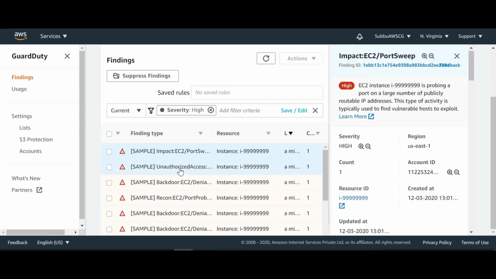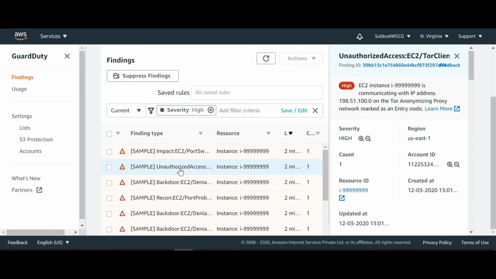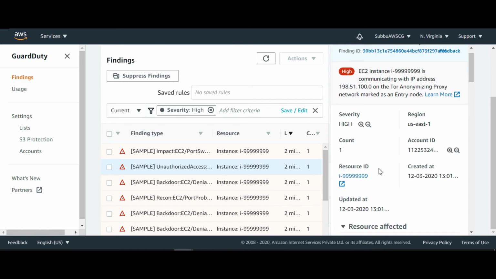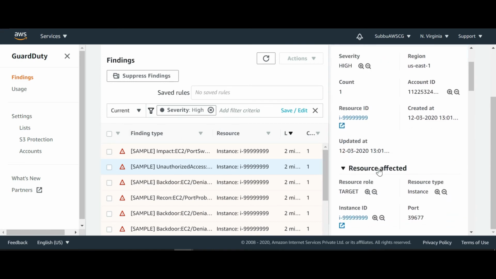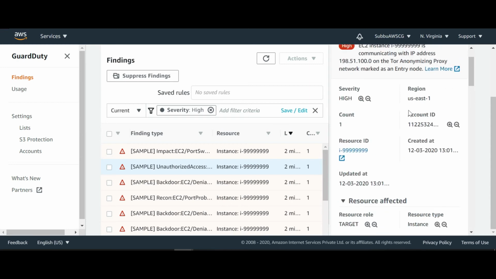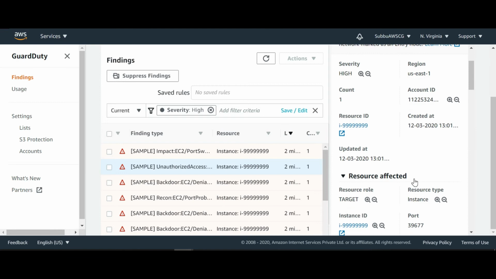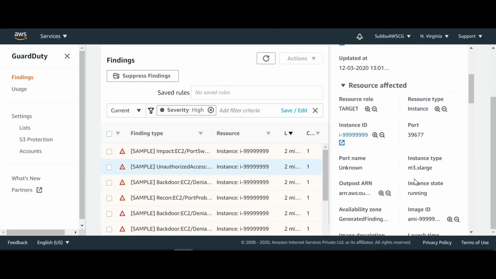Okay, let me click on another finding. So this finding is also related to an EC2 instance, and severity is high. This is located in this region. This is the account ID and resource ID. This is the resource affected.